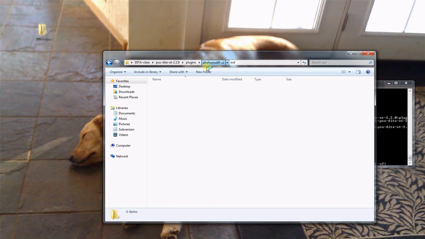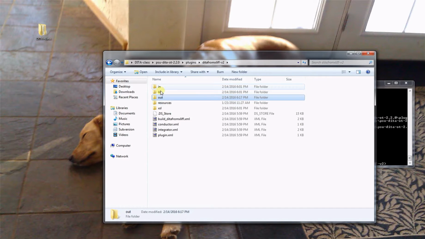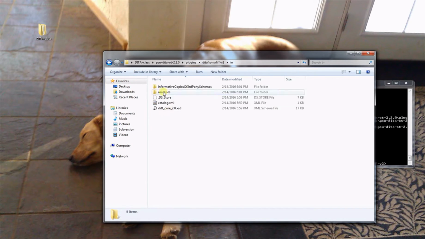And then I'm going to go back into DITA from XLIFF v2 and go into my in directory, and I'm going to paste, Control V for Windows, Command V for Apple, and I'm going to change this file name. This is the one we just translated. I'm going to change its file name to the file name that it says in the slide, which I'm going to remind myself was